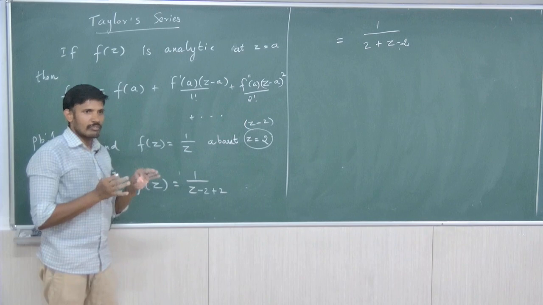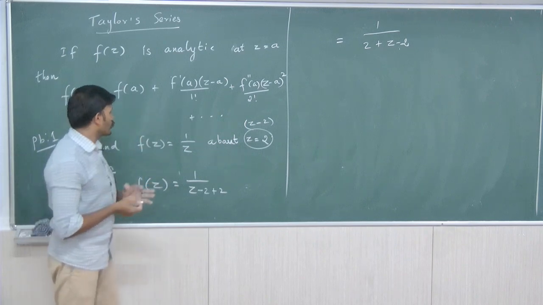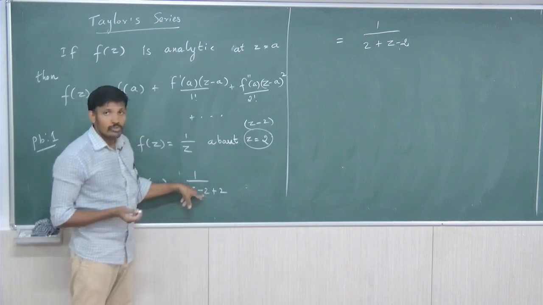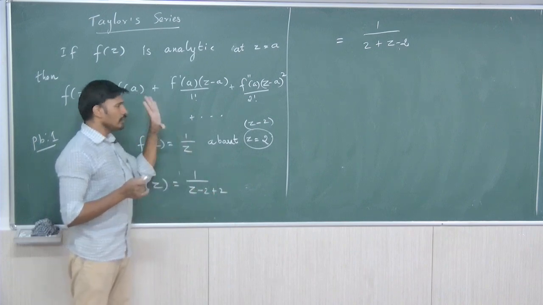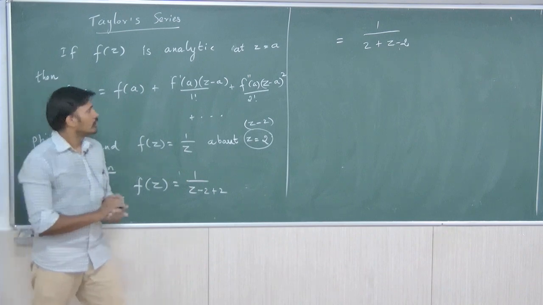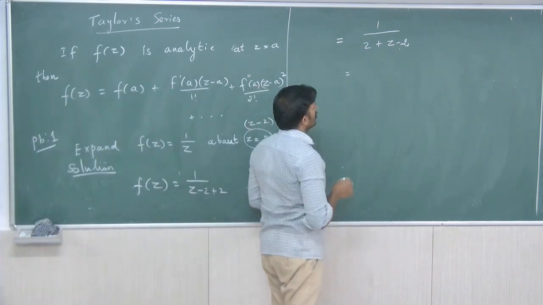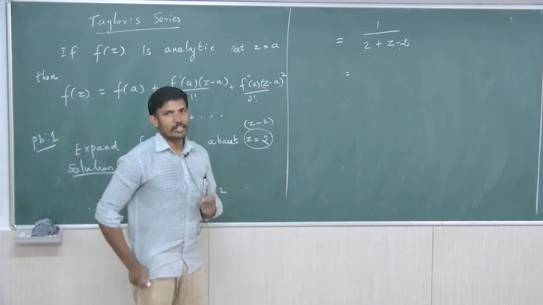If you include some terms, if you add, you must subtract. The value should be equal. So that's why, if I have subtracted 2, I have added 2. If I cancel these two terms, you get the original term. So like that, you have to add and subtract, right? Before that, I am going to apply the binomial expansion.